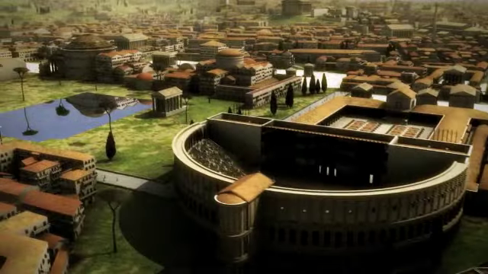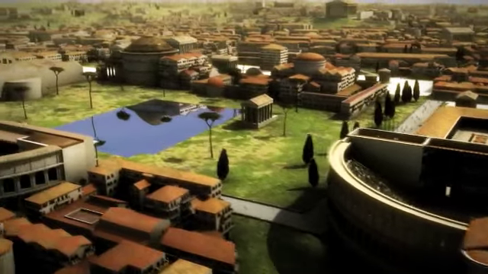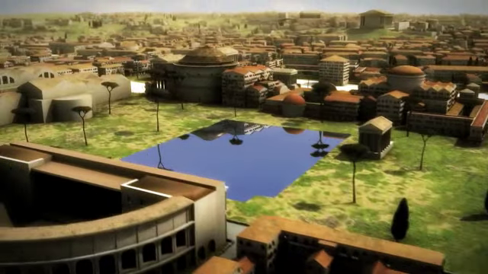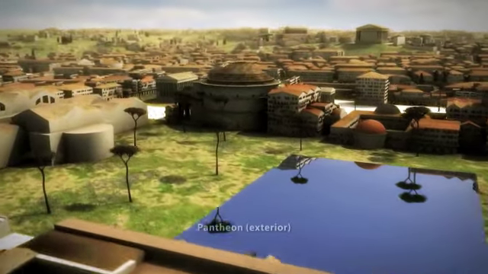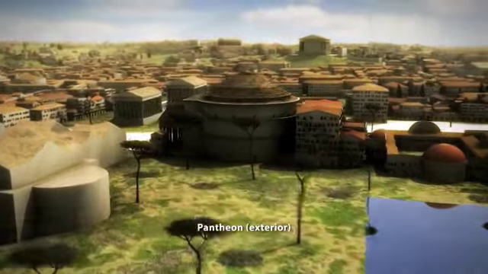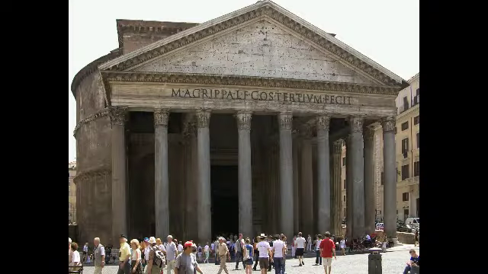Now, we've just moved over this lovely squared pond, and we're looking at the flank of an enormously important building, the Pantheon. The rotunda, the round part, we wouldn't really see in antiquity. We would see the part that has the 8 columns across the front that looks like a traditional temple. We like to say that it was built as a building with a surprise on the inside,